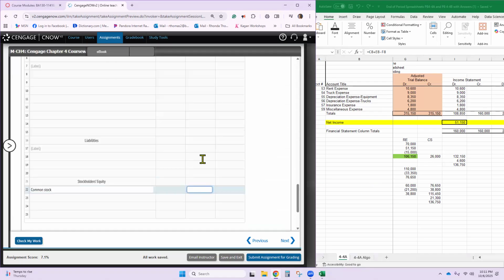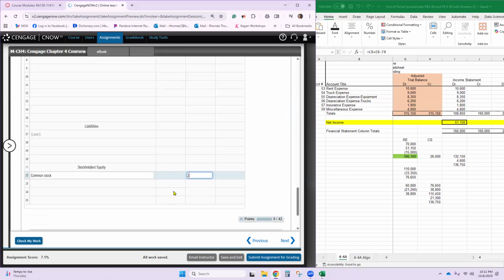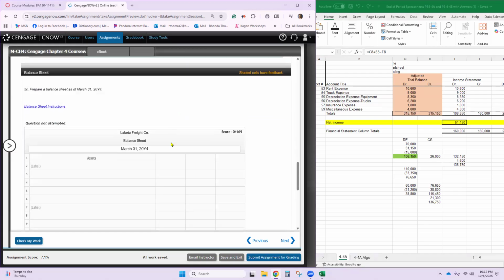And common stock, if you look, is 26,000. Retained earnings. Okay, and let's look at what retained earnings ended up being. 106,150.